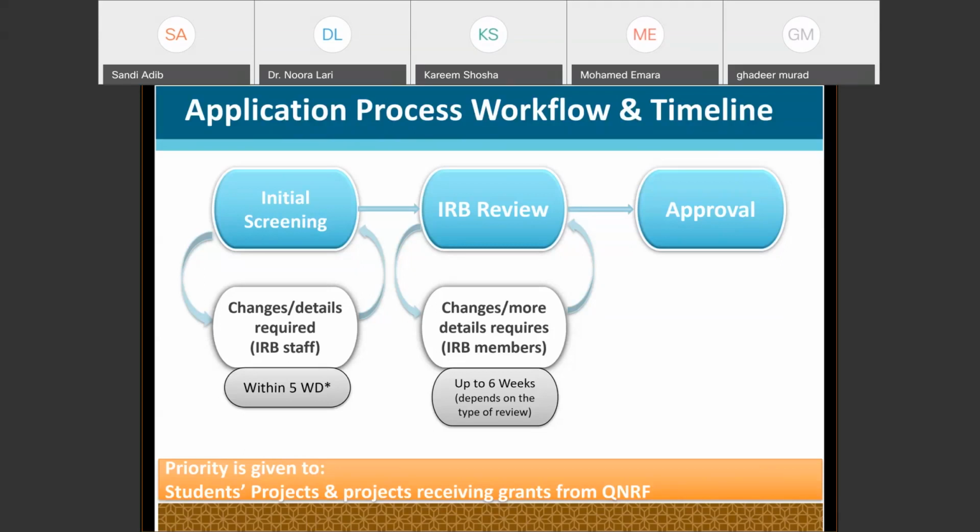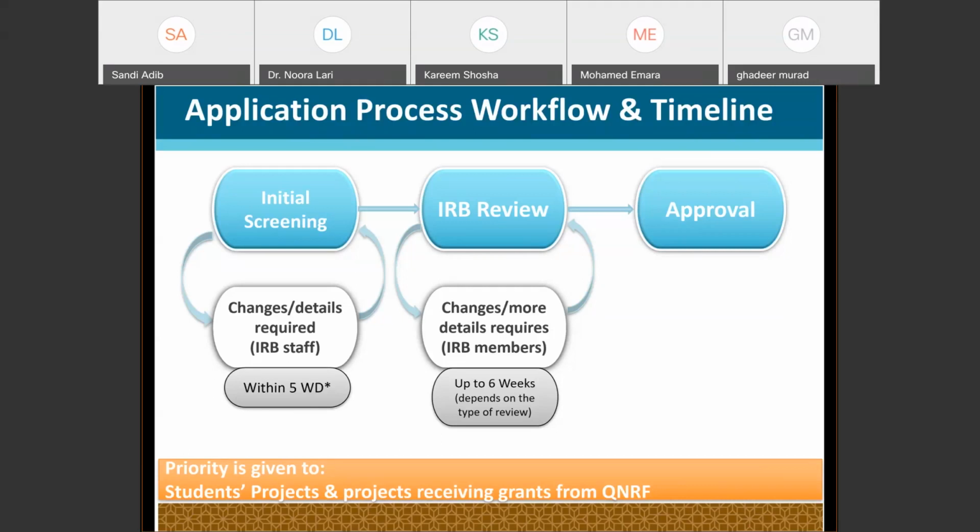But in many cases, we see that the IRB member requests some changes. Also at this stage, they may say it's minor changes, you can just do them and I approve, or I need to see those changes again to make sure that this application is complete and all changes have been addressed. So it goes back again to the committee member. Once he or she is satisfied, at that stage, the application goes to the approval stage. In the approval stage, the chair or co-chair will issue the approval letter, approved by the chair and the co-chair.